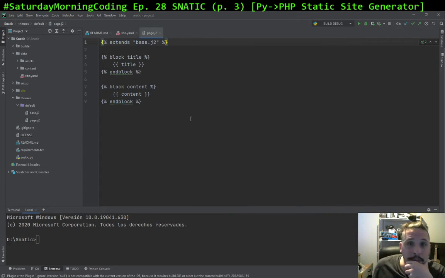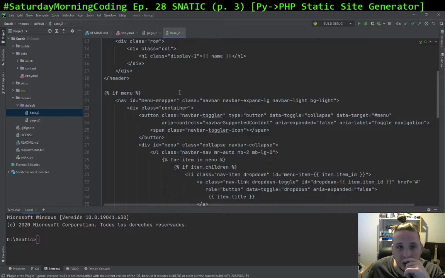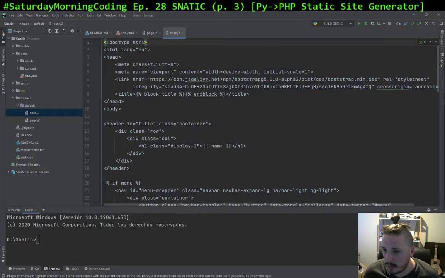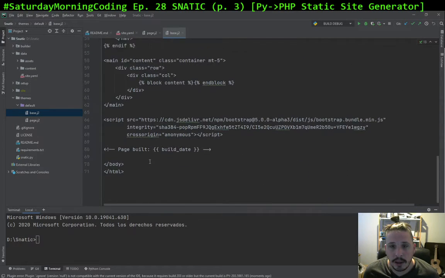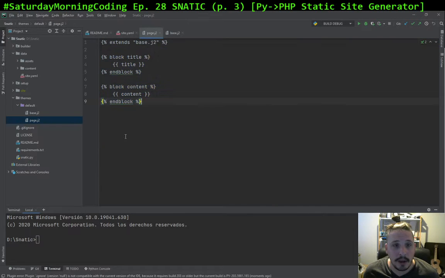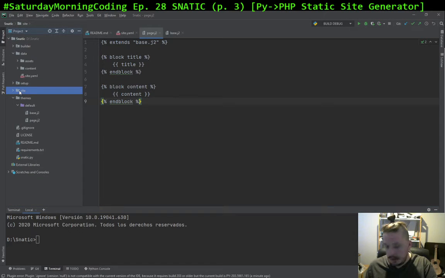What I was saying is that based on the type, we will render one template or the other. So now if this site generates all the, so if I delete this and I do